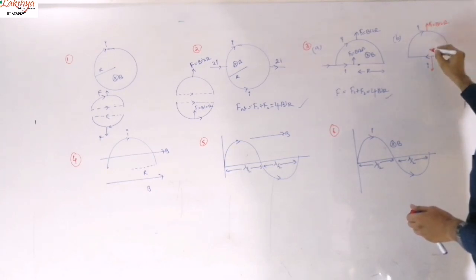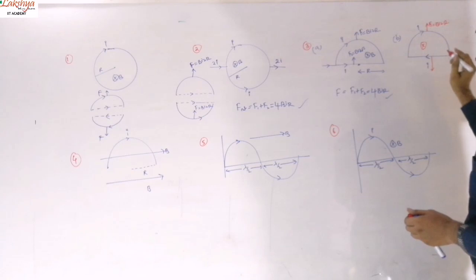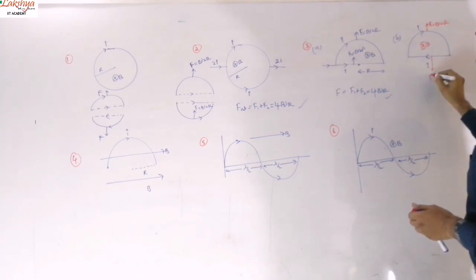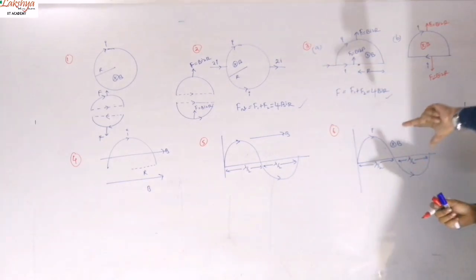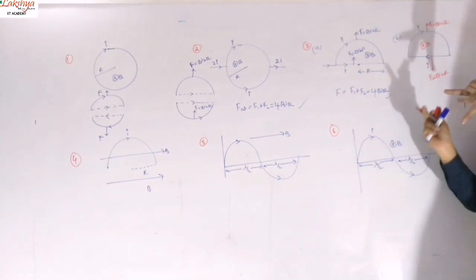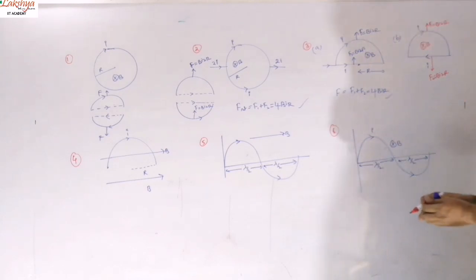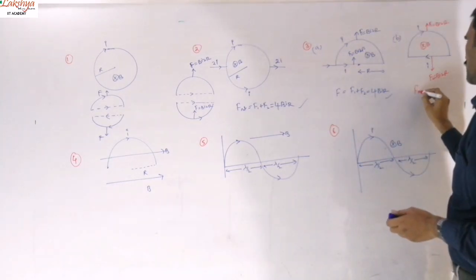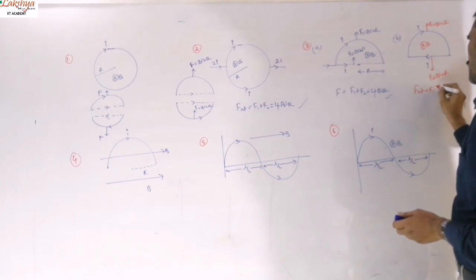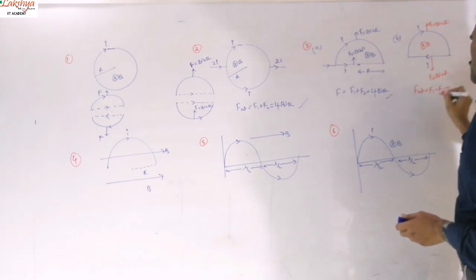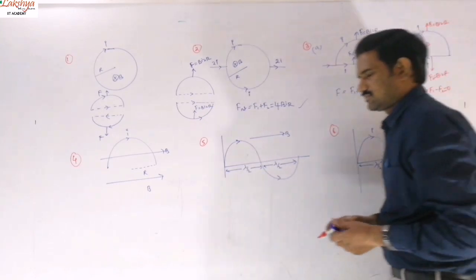Now, the force acting on this one, here also the magnetic field will be the same, inwards only. So the force acting on this, F2, will be Bi into 2R in the downward direction. The field is inwards and the current is flowing along this direction, so the central finger, thumb will be along this downward direction. So the net force will be F1 minus F2, which is 0. That means there is no net force here.